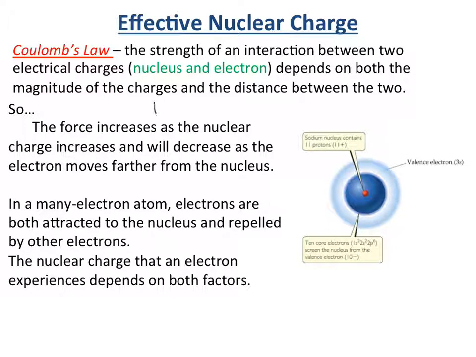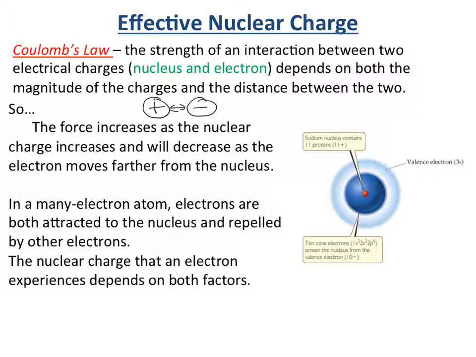In the nucleus, we have a lot of positive charges, and an electron we know is negatively charged. And so there's going to be some attraction between these positively charged protons and negatively charged electrons, which are circling the nucleus of the atom. But we have to understand Coulomb's law says that the force increases as the nuclear charge increases and will decrease